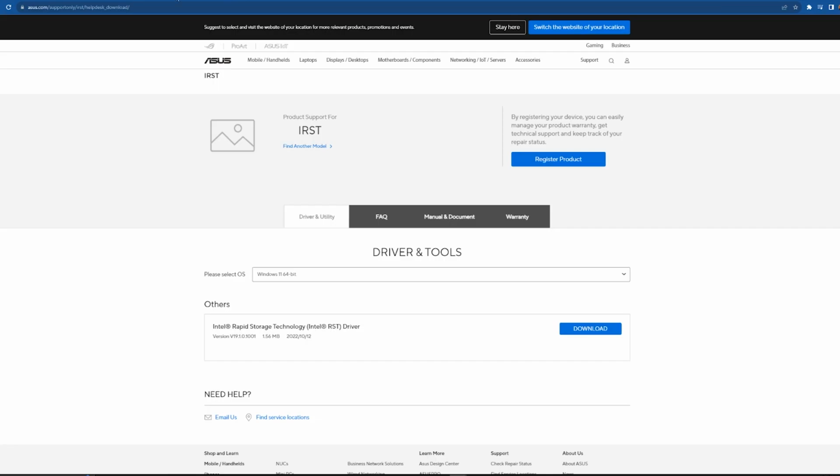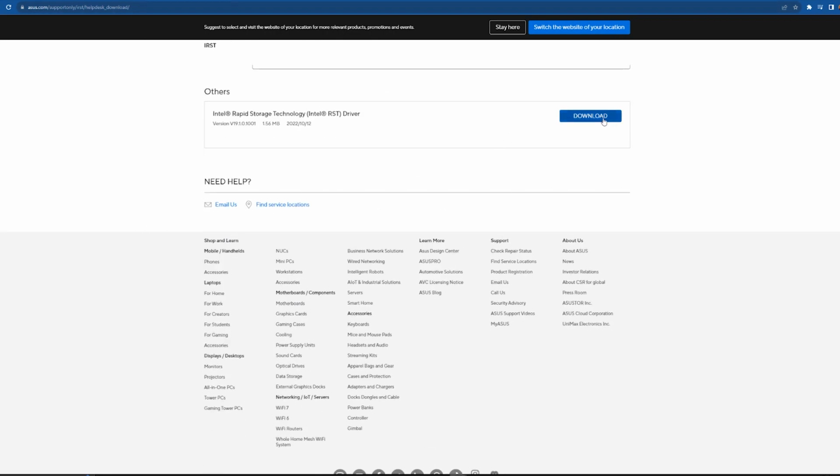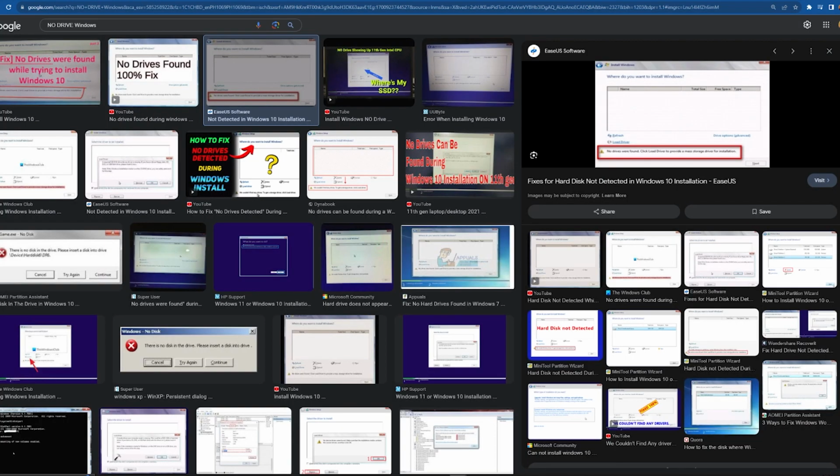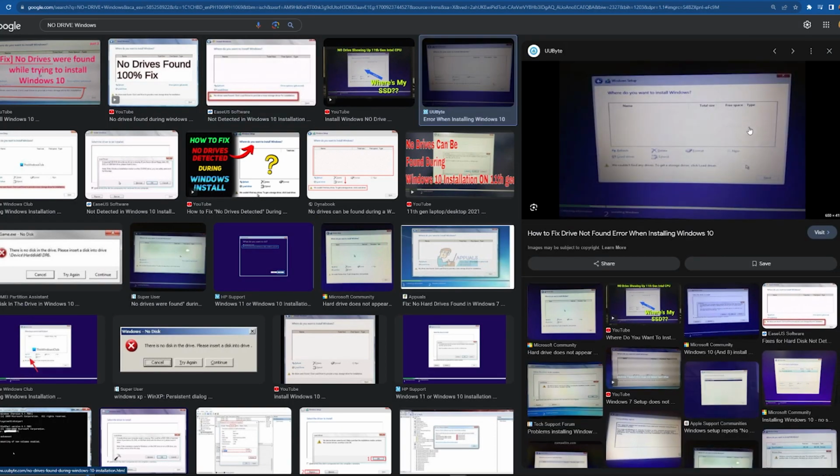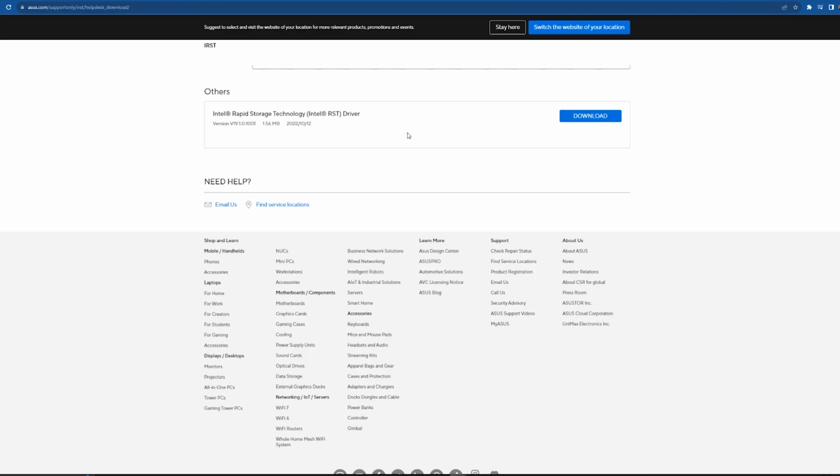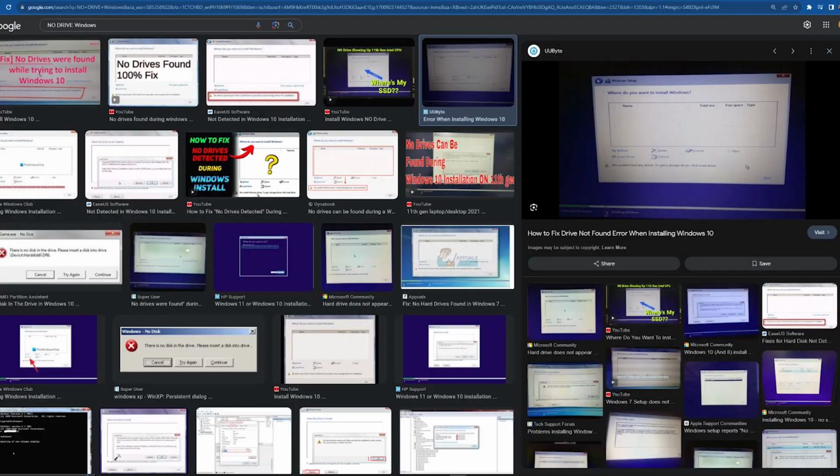So in here I have free software for you. I'll just link this one in the description. All you have to do is download this, and you just have to go over and run this software by installing it. Once done installing it, you just have to click this one, Load Driver, and you just have to load the